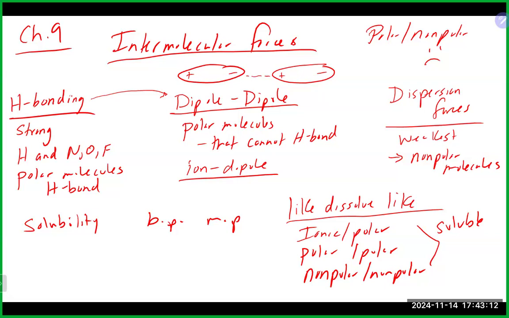You could have an instantaneous dipole, which is caused by either an ion being present or a polar molecule being present that temporarily gives this nonpolar molecule some charge so it could interact. You also could have what we talked about, polarizability, which is the ability of the electrons in a molecule basically to end up all kind of in the same location, if you will. And what that will do again is create a temporary separation of charge in a nonpolar molecule that allows it